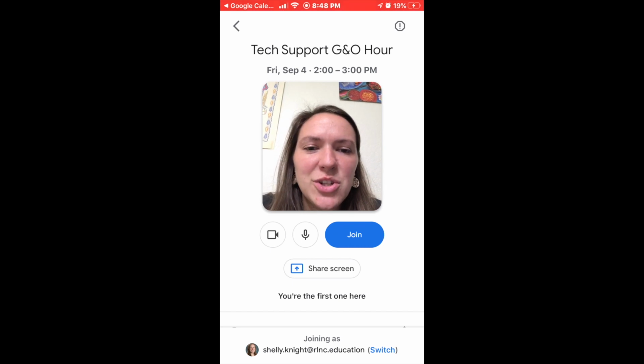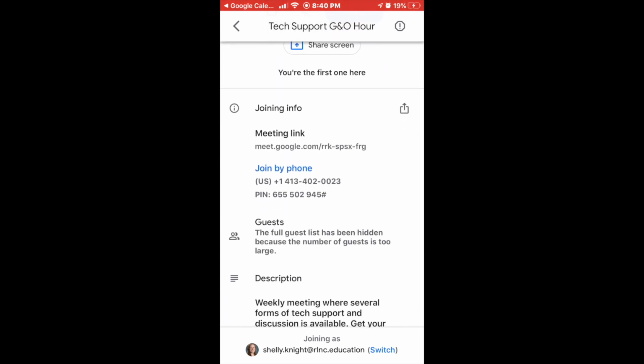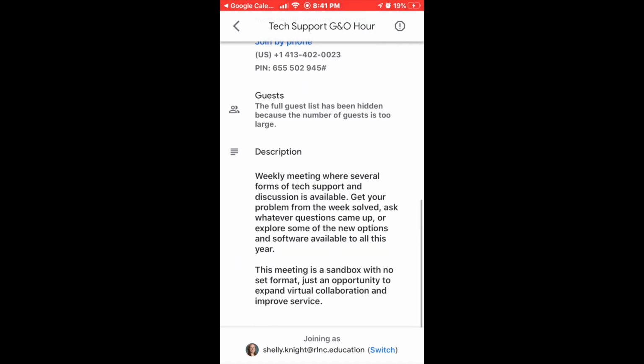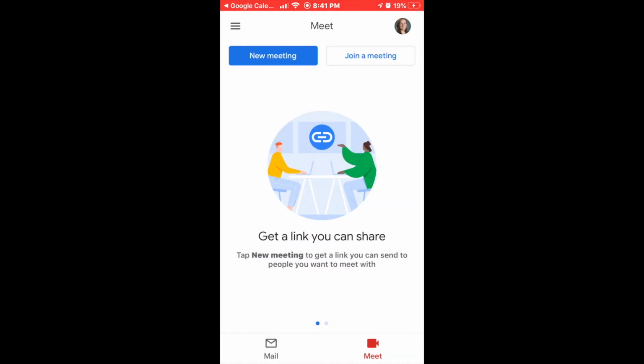Below the share screen or join icon, you'll also see a list of people who are waiting in the meeting, or if you're the first one there. If I scroll down, I also have the option to click and join by phone. And there's a description of the event, and there might be documents or links here to help you prepare for the meeting. So we're going to go back, and since we're in the Gmail app, I'm going to double click